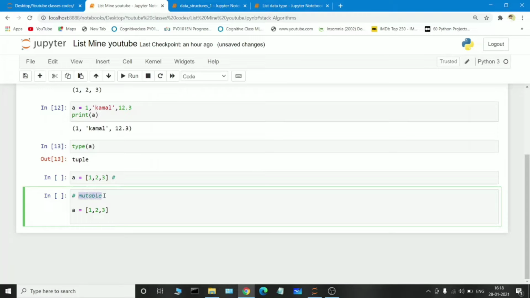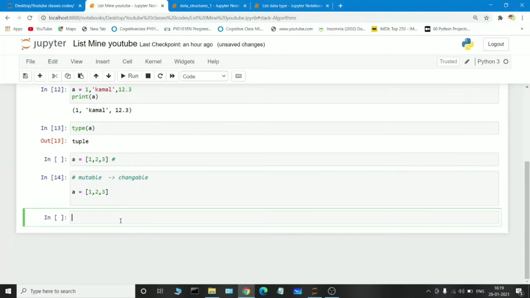So mutable means if you want to change any element, that value will be changed at the particular location. Or if you want to insert any element, that particular value can also be inserted in the list. There is no issue. Mutable means changeable. The value which changes the entire content present in the particular variable, it is known as a mutable variable. A list is mutable. Suppose I am executing it. From here we will have a clear idea about the list.